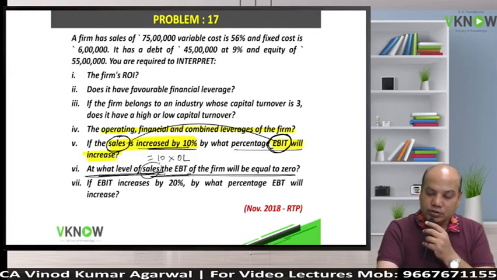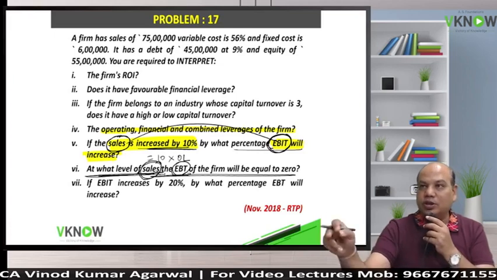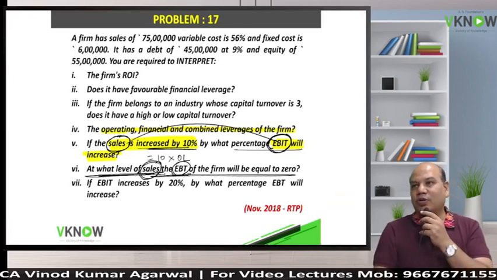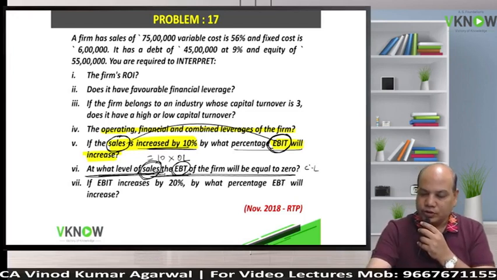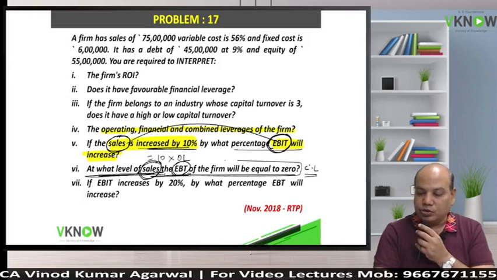Which leverage connects sales with EBT? Please do not answer in a hurry. Already I have given you the theory in detail. Sales and EBT. Which leverage connects sales with EPS? Okay, forget EBT. Sales and EPS, because after EBT we compute the EPS only. Combined leverage. So first thing is we will use combined leverage here. EBT of the firm will be equal to 0 means